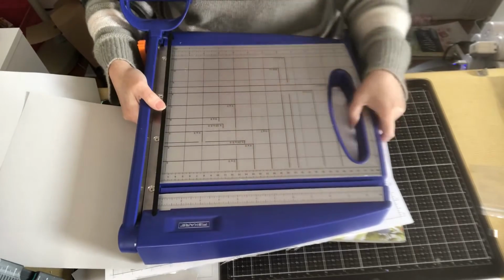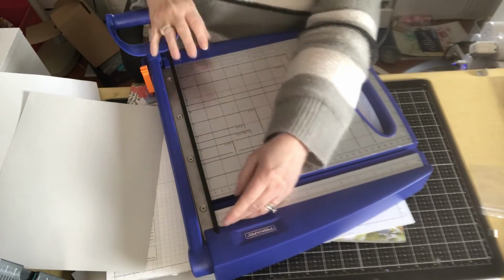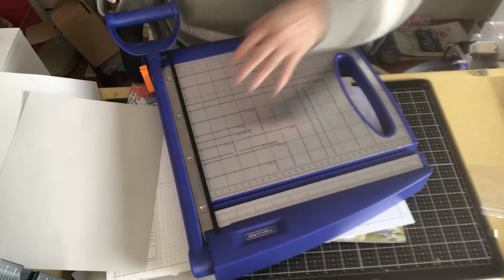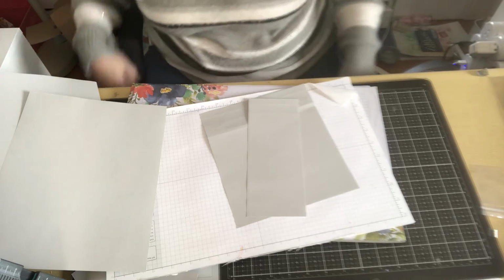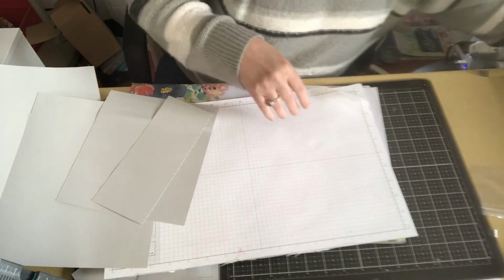It really is nice. Like I say, it also has this big blue guard so that you don't get too close to the blade. I think I'm pretty good at not getting too close to the blade without the big blue guard. But it does come with it if kids are going to be using it, and they should use it with you. And then I have this big guy,